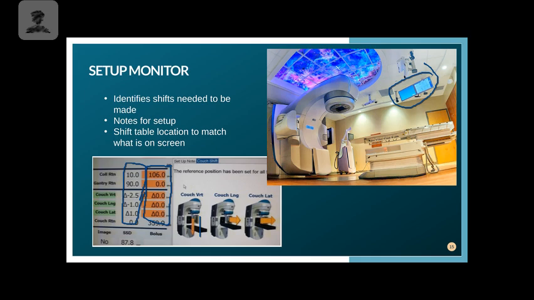If we are talking about longitudinal, it's going towards the head or the feet. And then we have lateral, which is from left to right. One thing that was challenging for me as a student with rad therapy is trying to remember which direction is which. Because when your number comes up positive for lateral, it means you're going in one direction. And I believe our system was set up so that if you're going to the right, it was positive. But if you were going to the left, it was negative,